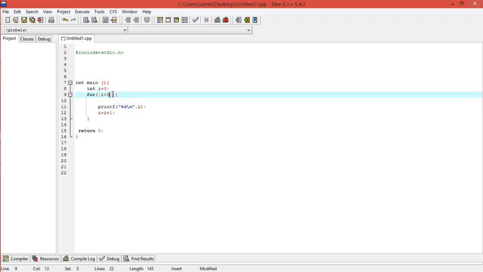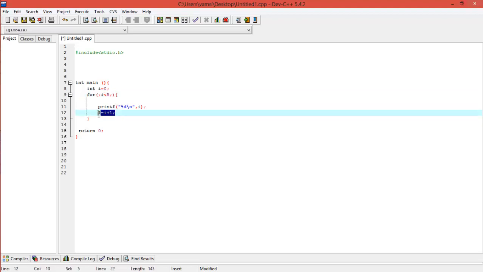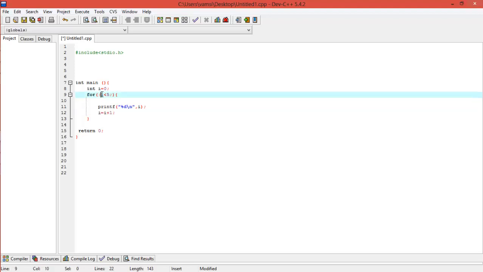And the next one is incrementation or decrementation, or some operation that you can write either here or at the end of the for loop. Both are fine. Now the thing is all of them are separated by a semicolon, okay? And this is how the for loop will be executed. You can do many operations using a for loop,